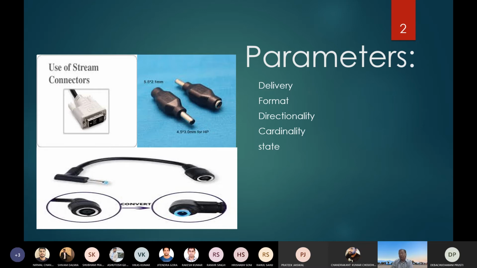It is for the hardware side, but we are not bothered about the hardware. We are only concerned about the software, how a connector acts as a stream between two components. That is a software connector. Consider it is a software connector. It is not any hardware device. It is a wrong example.